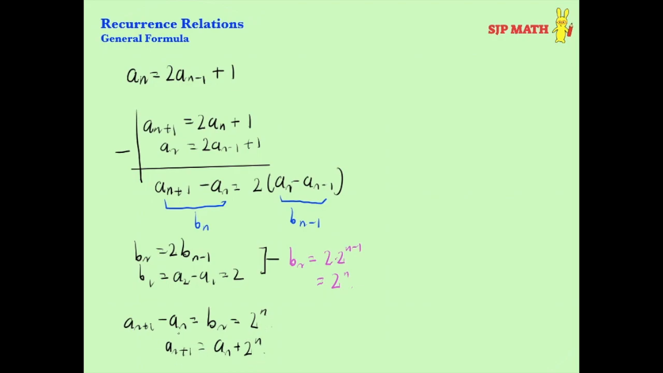Now that we have an easier formula to work with, we can use that same technique where we just stack the equations and add them all together. So if we do the same thing again, a2 equals a1 plus 2 to the 1, and then a3 is equal to a2 plus 2 squared, and a4 is equal to a3 plus 2 cubed, all the way up to an is equal to an minus 1 plus 2 to the n minus 1. And if we add all of that,